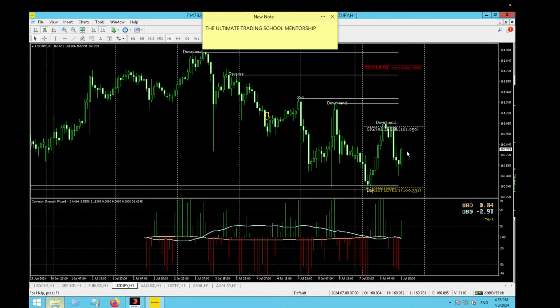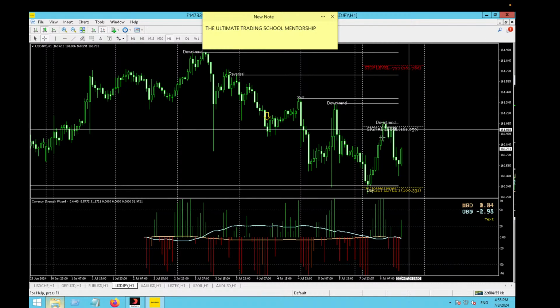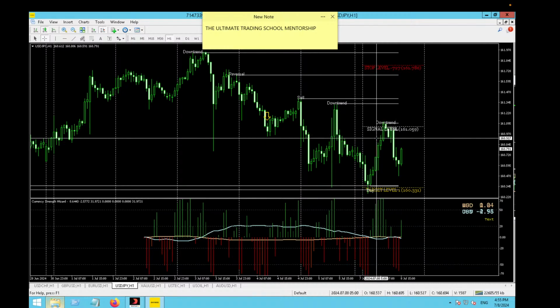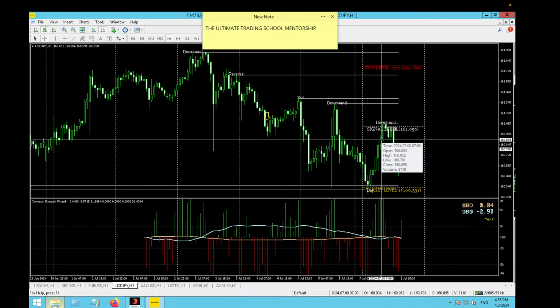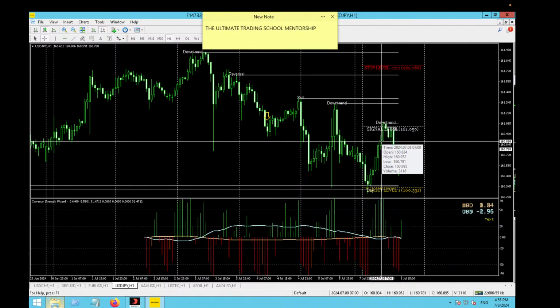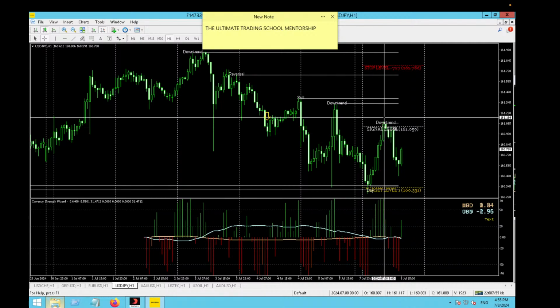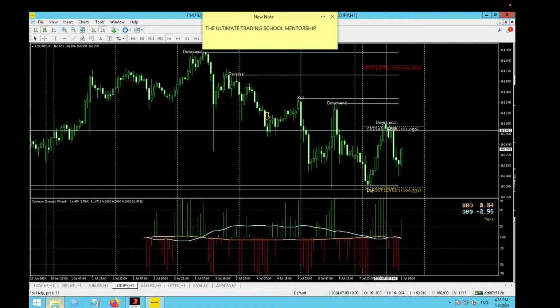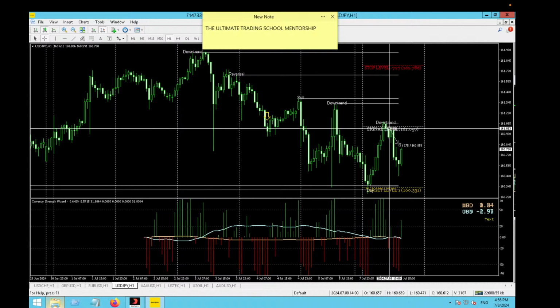So right now at this pair today, we didn't have a clear entry on this currency pair because the currency strength indicator was not that strong. The volume of the market was not that strong to determine the clear direction of the market, but the smart level indicator had shown us a downtrend signal, but